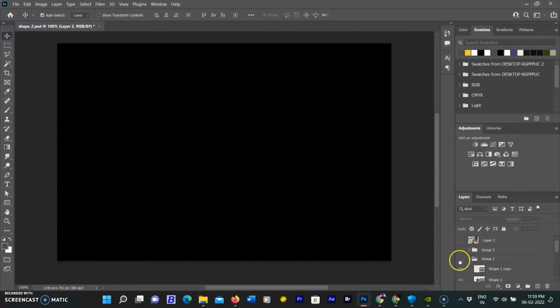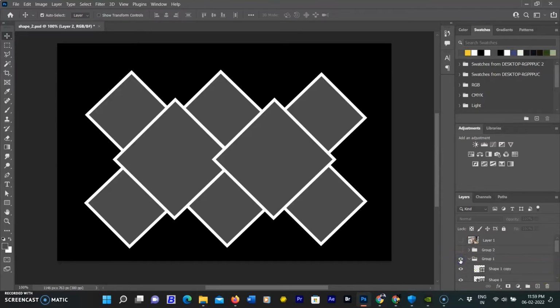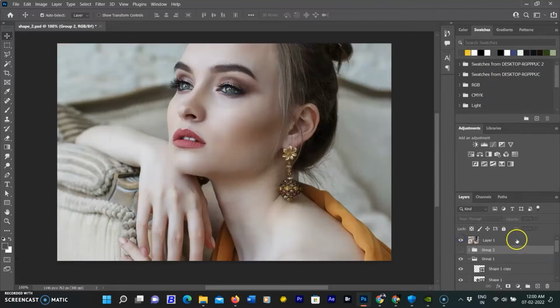I am moving all shapes into the one group that I have already created, so all the 8 shapes are in one group. To save time, I am showing you a collage that I have already created by arranging all 8 shapes. You can also arrange them according to your requirement. In this document, you can see I have arranged 6 small shapes on the side of the 2 big shapes. Now I will show how we can use these shapes in 2 different ways.